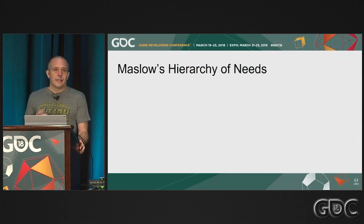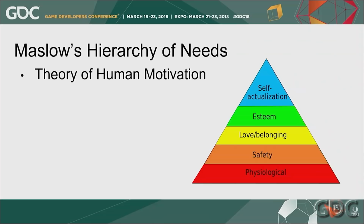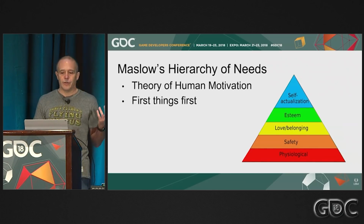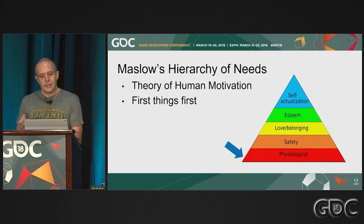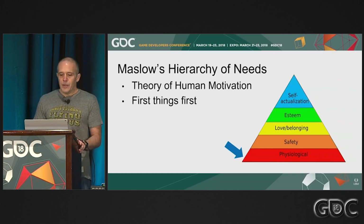Now, back in the 40s, a psychologist named Abraham Maslow proposed a theory of human motivation known as Maslow's hierarchy of needs. And it's basically a smart guy way of saying first things first. In essence, it says that human beings need to satisfy basic primal needs before they can move on to higher order needs. So I need to feel physiologically stable. I need oxygen, water, food, clothing, and so on. Basically things that if I don't have them, I'm going to die today or tomorrow, before I can start thinking